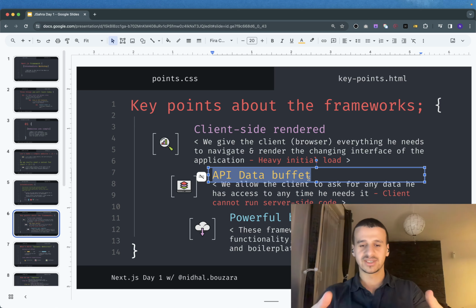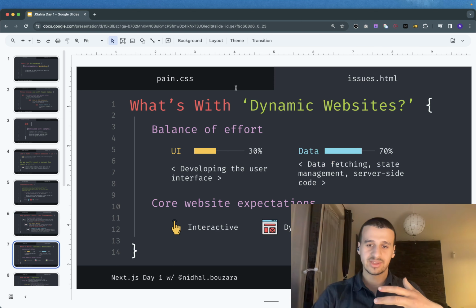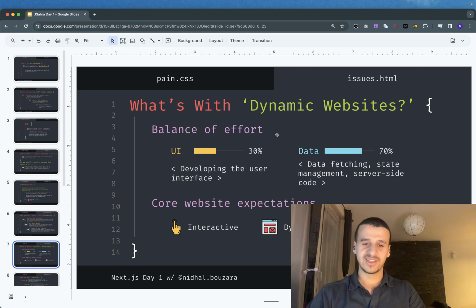API endpoint, so yeah, API. You have comments, you have likes, etc. You need an endpoint. So what you end up with now, when we got to this balance of effort, when you want to build some kind of product, let's say you're building it with React, the amount of time you're